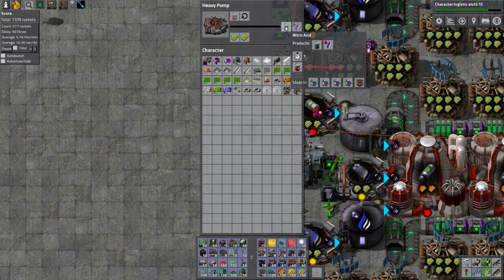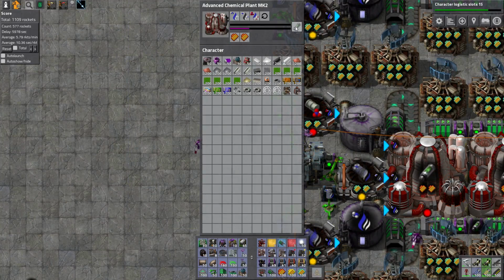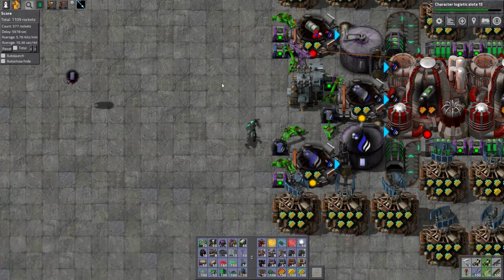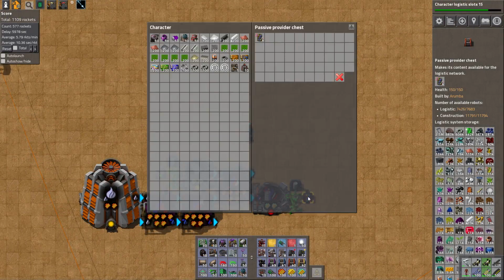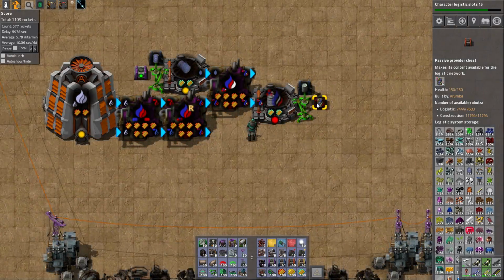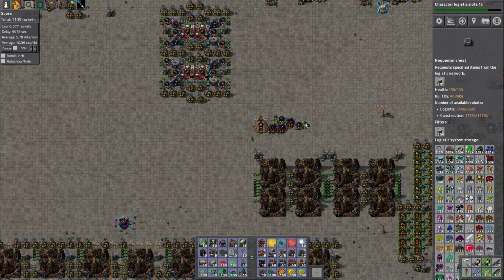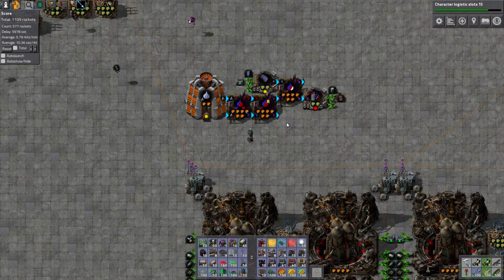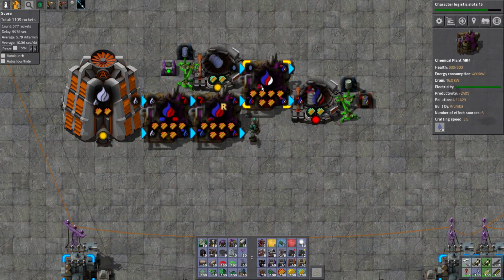Nitric acid. I feel like he should be requesting it. Nitric acid barrel, and yet there are 4 available right here. They're within the logistic network. There are 7,000 robots available. Well,